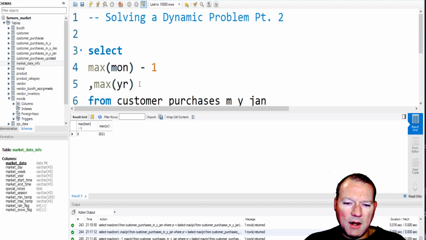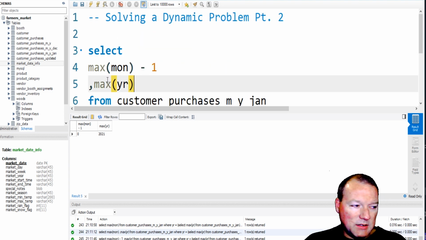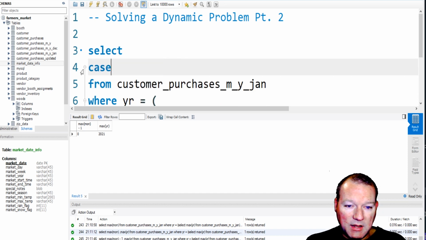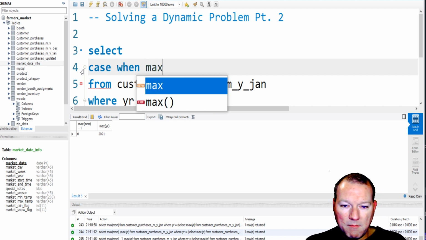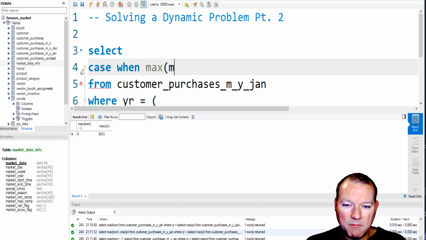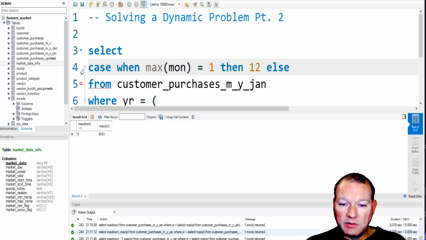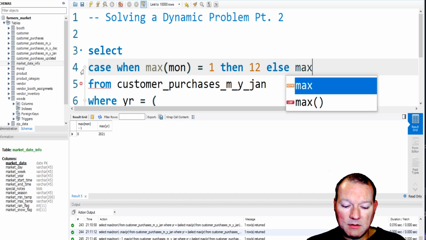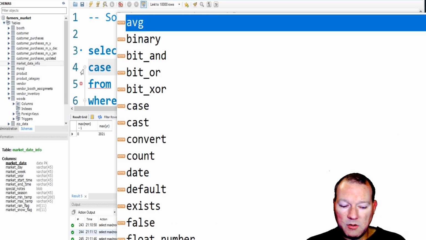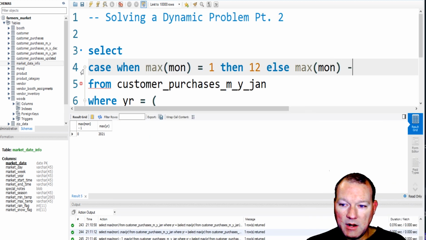All right. So now really what we need to do is we need to turn this into a case statement. So case when max mon is 1, then 12, else max mon minus 1. And then end